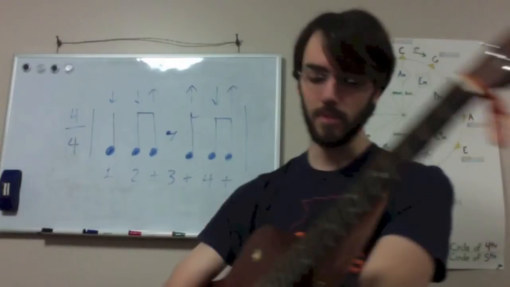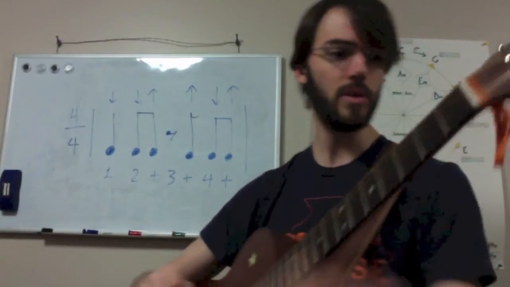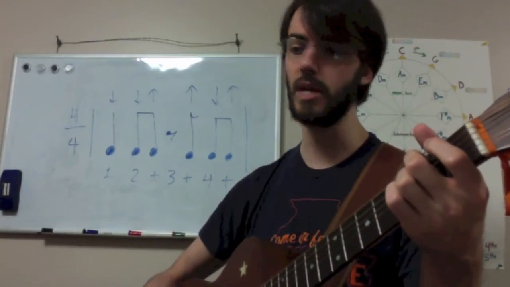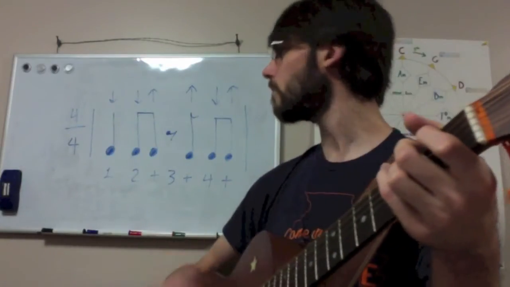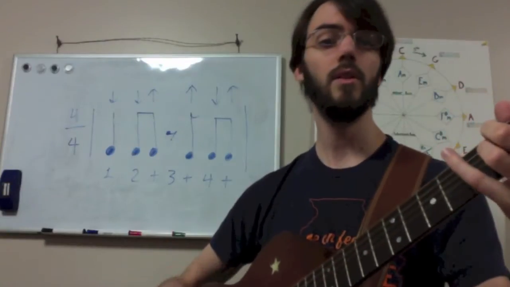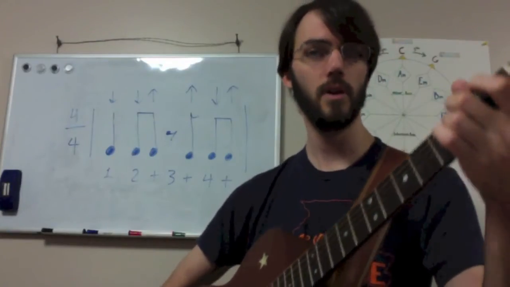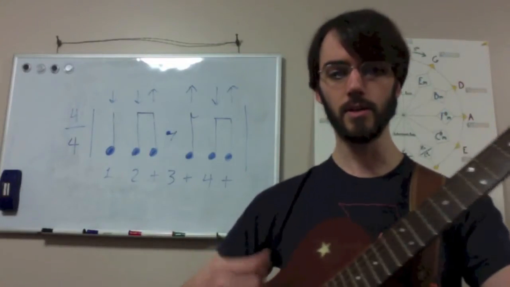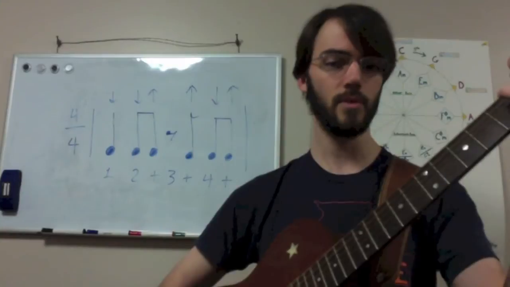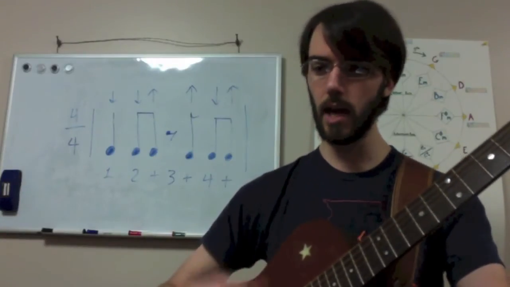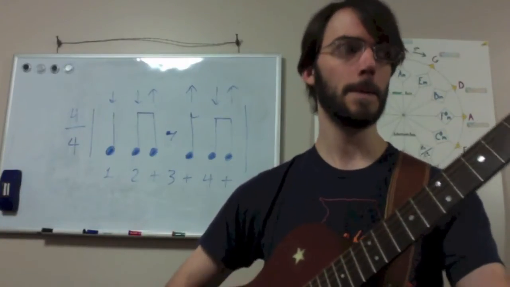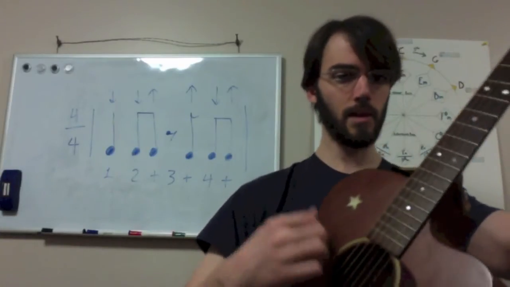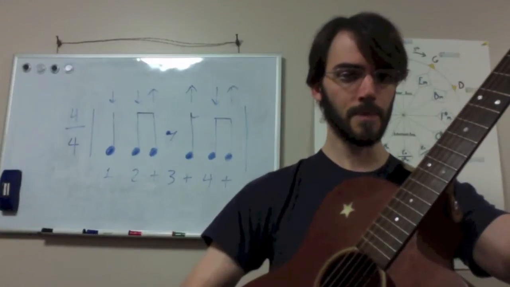Alright, so let's give this rhythm a try. We won't bother with a beat this time. I'll use E minor. So I'm feeling in a minor mood now. Things have changed. Here we go. 1, 2, and 3, and 4, and 1, 2, and 3, and 4, and 1, 2, and 3, and 4, and 1, 2, and 3. So on 3,